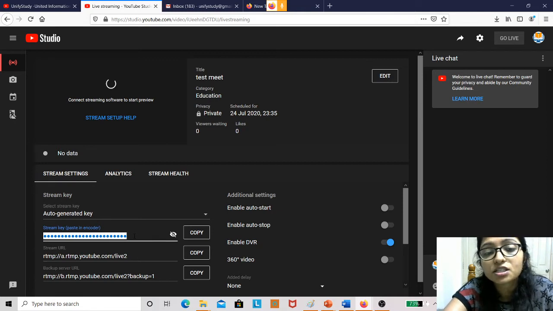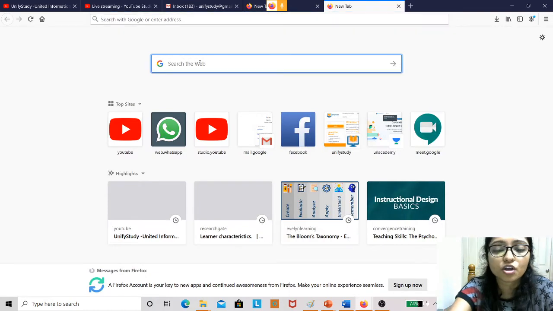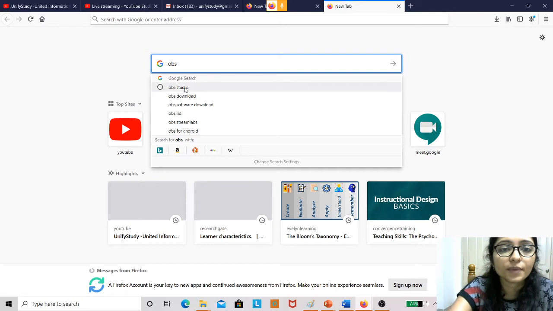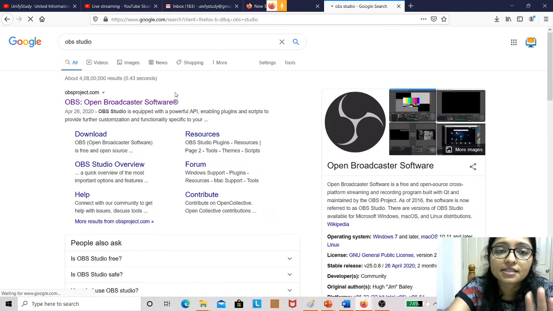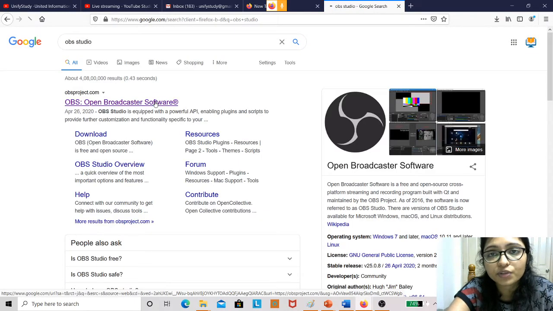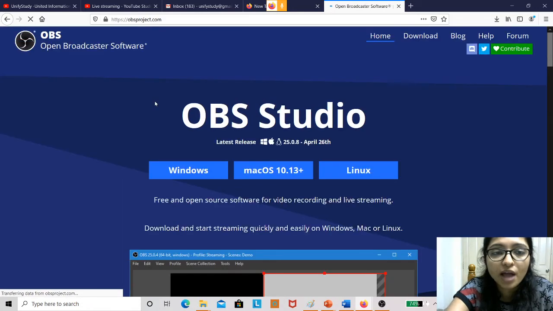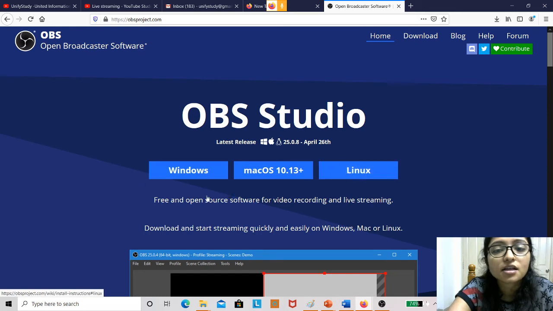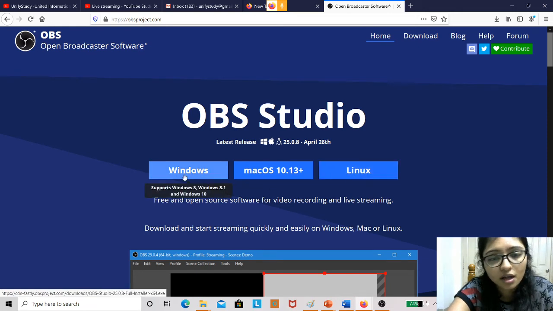After copying it, where do you paste it? That is the question. I am showing you: you have to download software called OBS Studio. Just search for OBS Studio, it is compatible with YouTube. Download OBS Studio for your version, Windows, Mac or Linux. My version is Windows, so I download the software and install it.